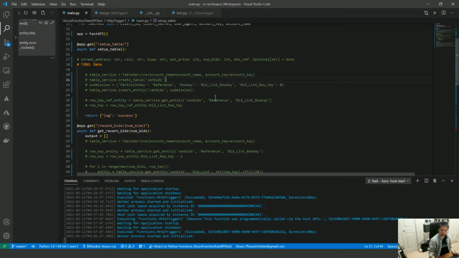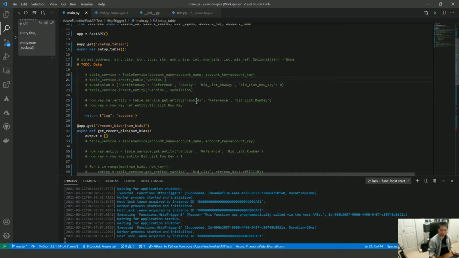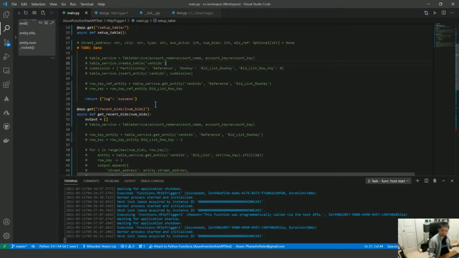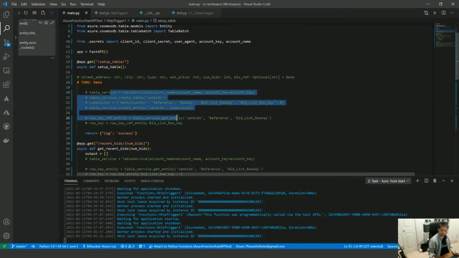You'll notice I did everything commented out. This is a terrible idea, but since we've had working code in the past, I'm okay. I'm probably making spelling mistakes as I go, but I didn't actually deploy anything. I don't have a table live yet, so I didn't want to accidentally run it and destroy existing tables. So I got to deploy this, update the secrets file so it points to the right place, and so on. Okay, so setting up the table, that's just creating the table, putting in the first items.